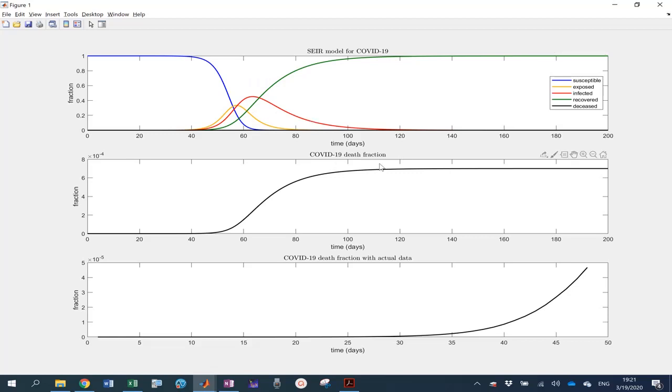I'll show you those models in just a moment. But what I've done is I've taken the deceased curve here, the people who have died as a result of the disease, because you can barely see it. It's at the bottom due to the scale, because this represents a fraction of the total population, so it should be small. And by removing the other 4 curves, we allow the axis to expand, and we can actually see that it too has a bit of a logistic looking curve.